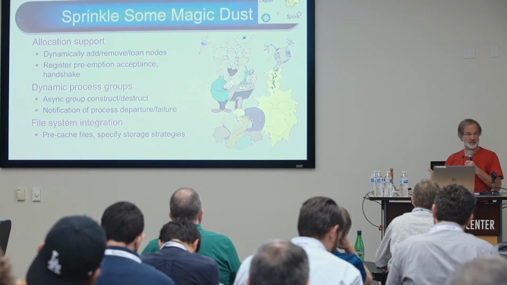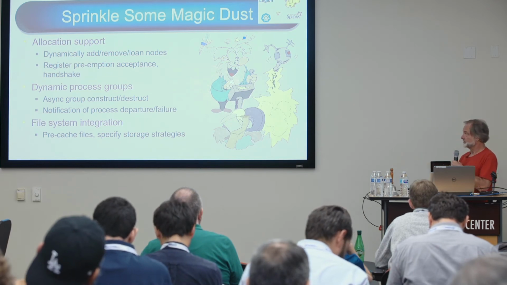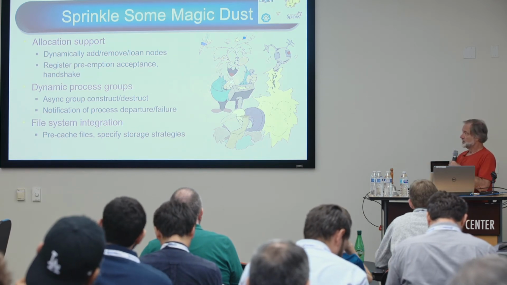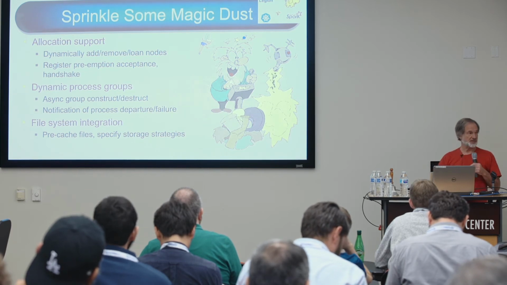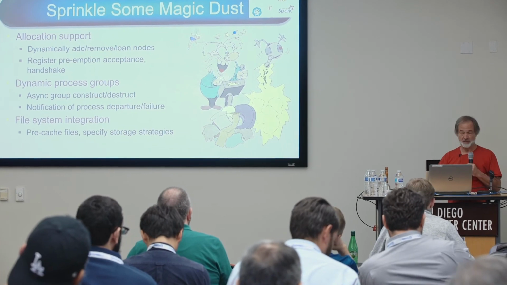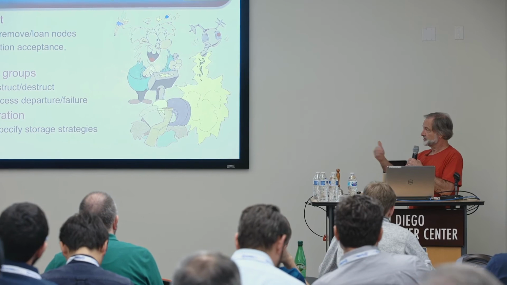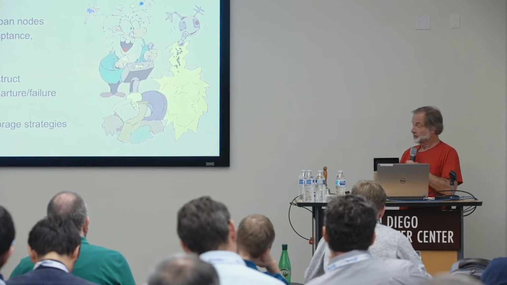But they do know how to talk to each other. So you get all the connection information as well as the job information exchanged between them as part of the formation. But you can also start this up asynchronously. Say, I want to invite these guys to this job. Whenever they get around to it, let me know. And then we will notify you when each one of them joins until they've all joined. And then you can do whatever you want. And then we notify you when they leave, which you can do either synchronously or asynchronously. So it's a flexible way of saying, I want to make this group of processes know about each other.